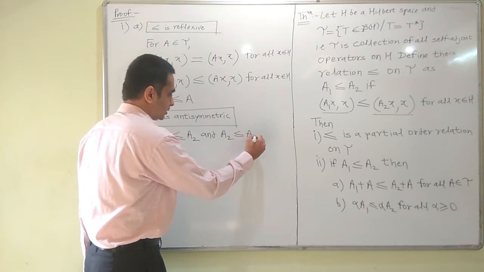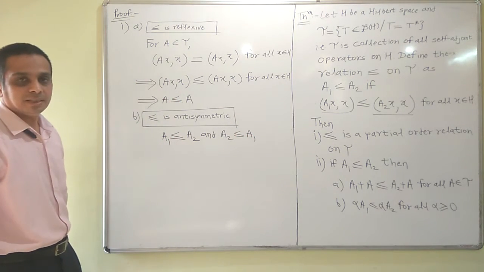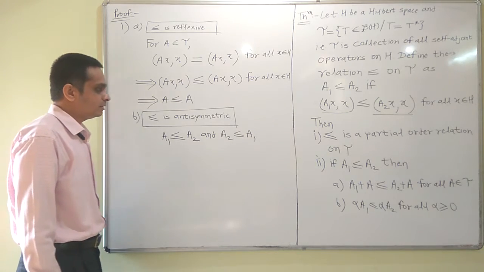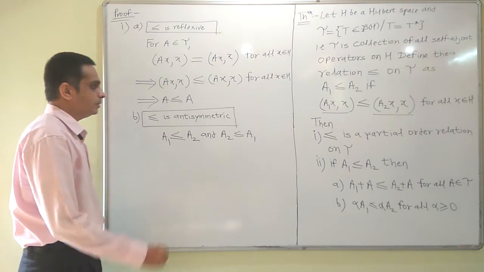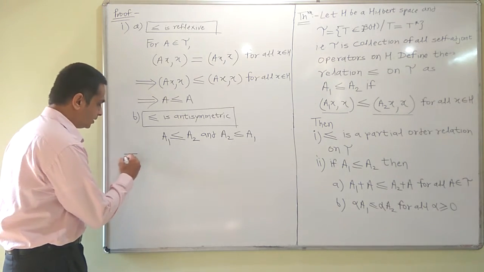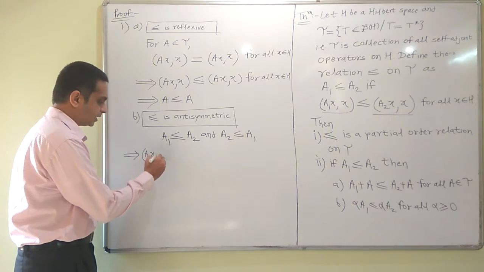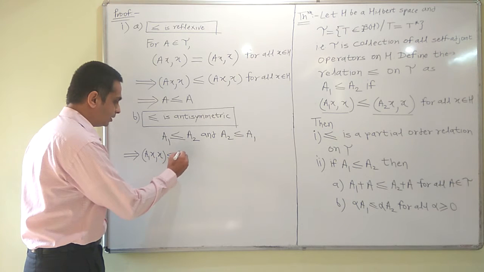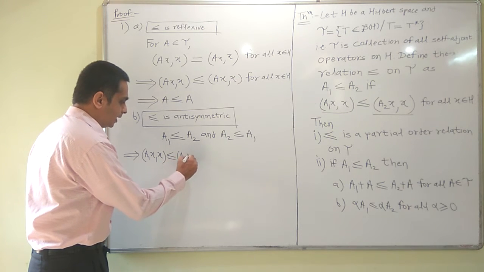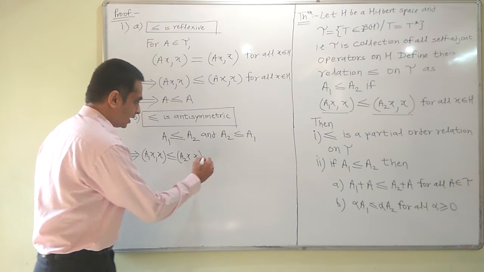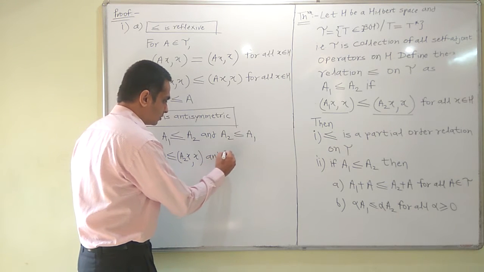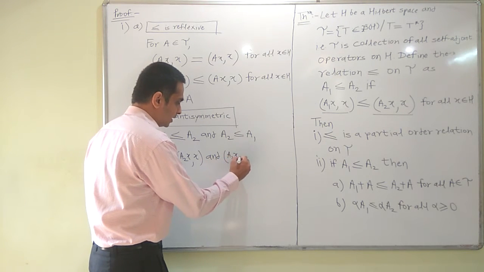So let us prove this. Suppose A1 is less equal to A2 and A2 is less equal to A1, where A1 and A2 are in tau. This implies the inner product of A1x and x is less equal to the inner product of A2x and x, and the inner product of A2x and x